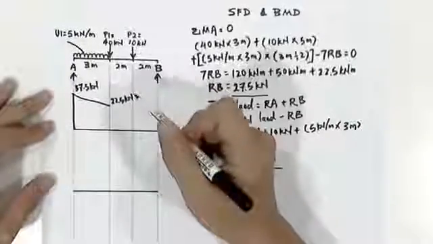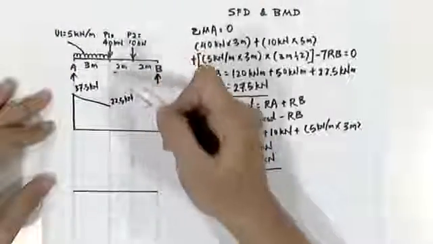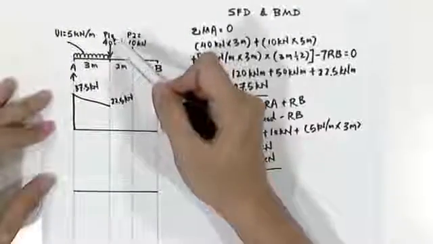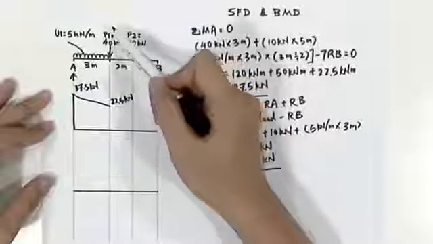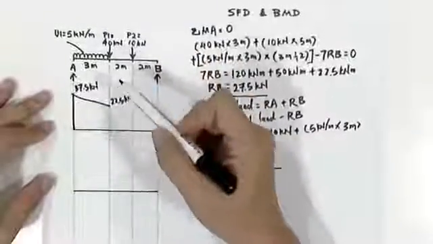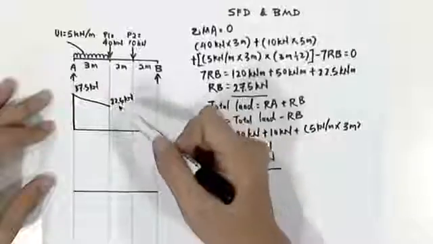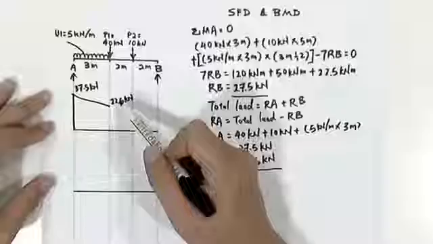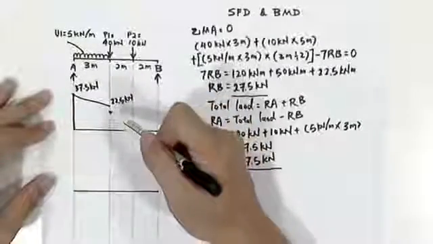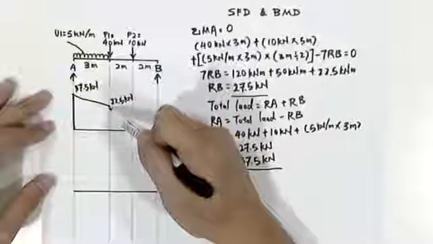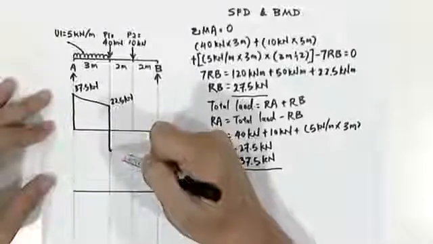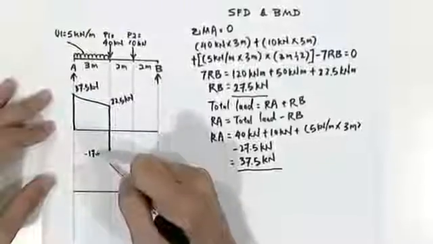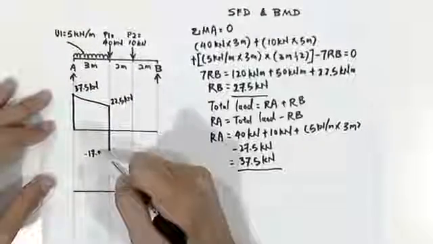kilonewton. Now we have a point load 1, P1 equals to 40 kilonewton. What P1 does to the shear force diagram is that we have to use 22.5 kilonewton to deduct 40 kilonewton. And the value that we'll have will be negative 17.5